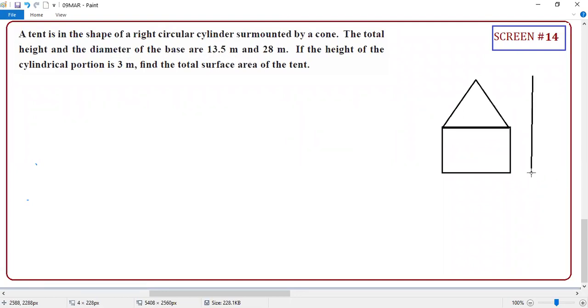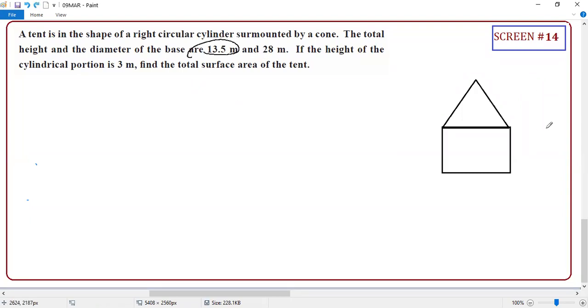Guys, some of them are having difficulties. Sir, which is radius and which is height, sir? Diameter. Guys, which comes first? You know that, right? Don't have that problem in the examination hall. Whether 13.5 is the height or 28 is the height. Which word is coming first in English? Height is coming first, second is diameter. Actually, they should put them respectively, but it's okay. But you should know, right? This is height and this is diameter.